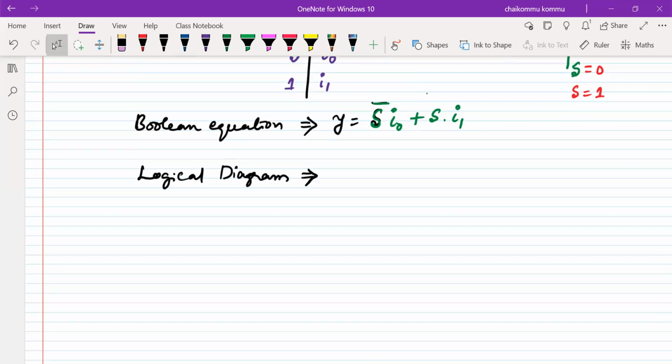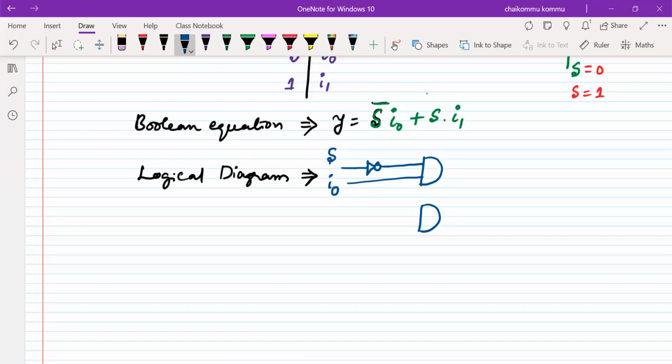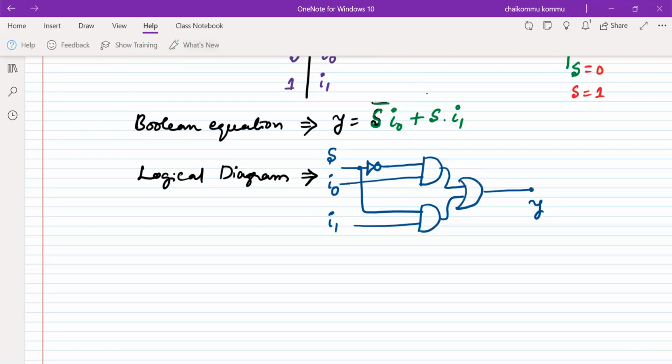So what is the logical diagram for this one? Okay, we have an AND gate required. S bar is required for this one, this is called S. Okay, this is called I0. Similarly, we take another gate, S and I1. So we have an OR gate required. Put it here and take a common point called Y. So this is what the inside of your